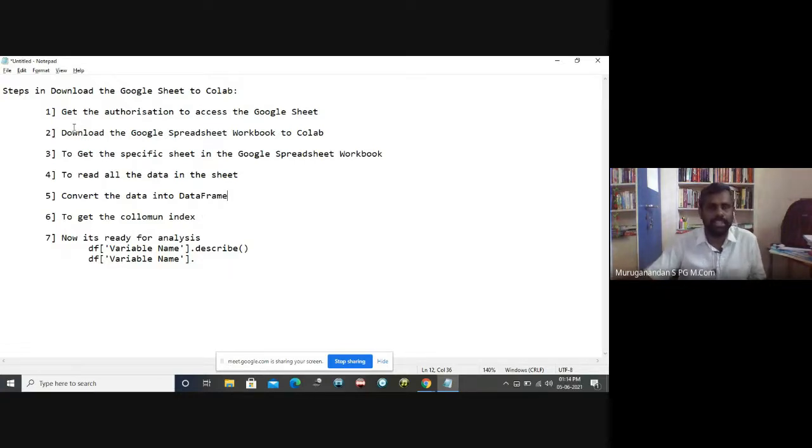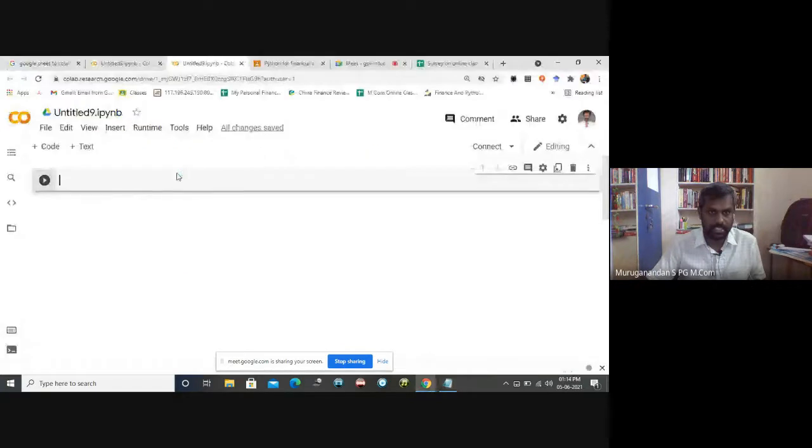So let me start with the first step, to get the authorization to access the Google Sheet. Yes, so now I'm in the Colab environment. So we have to type a few lines of code here. from google.colab import auth. This is the first line.